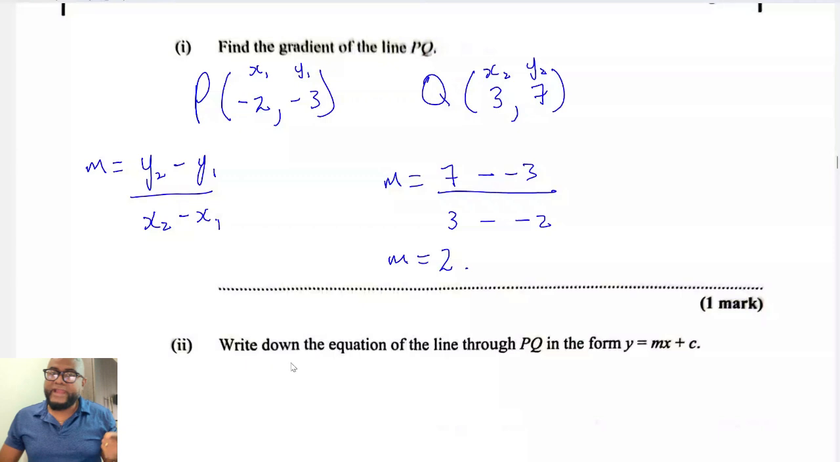Write down the equation of the line through PQ in this form. Now, we're big and we have sense. We don't need to use the formula that I gave you all last day. You could just find the gradient and look at the graph and find the y-intercept, which is C. So note,